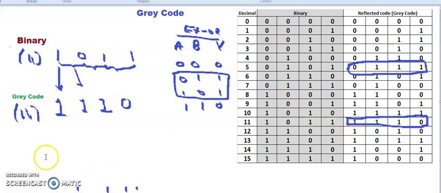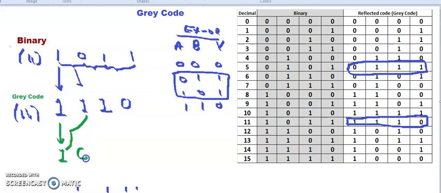Right? Now let's have a look at how to convert gray code back to binary. So here, if you want to convert this 1 1 1 0 to binary, then write the most significant bit as it is. Then take the exclusive OR of this binary 1 bit and the second bit of gray code. We have to take the exclusive OR of this 1 1.